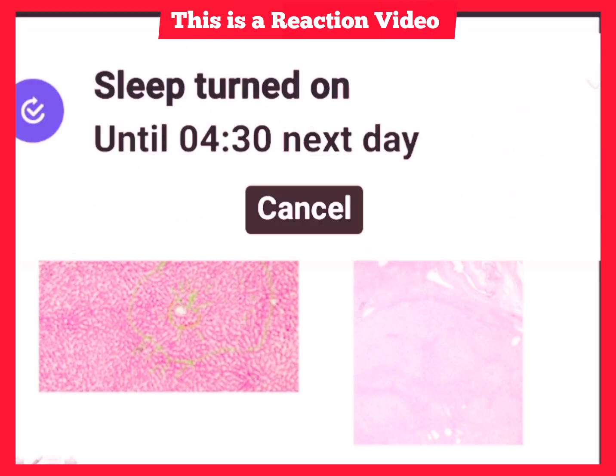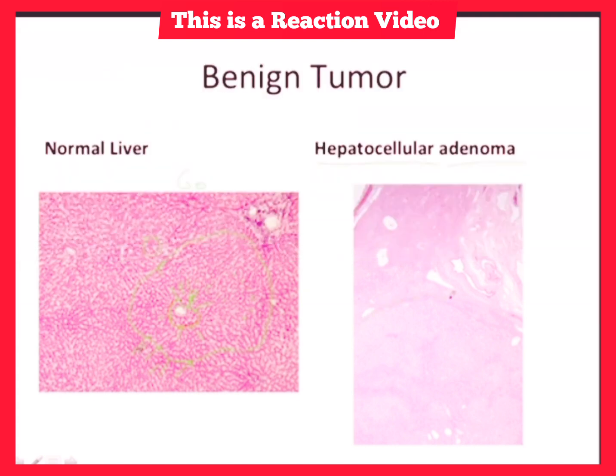All right, but here, a hepatocellular adenoma, so you can clearly see the tumor. All right, you can clearly see the abnormal tissue in this area. Now, does it really look a whole lot different? No. I mean, if you were to look at this in a higher magnification, the hepatocytes would look very similar. They're going to look a little off. All right, but basically what you have here are these cells, they're just growing out of control.